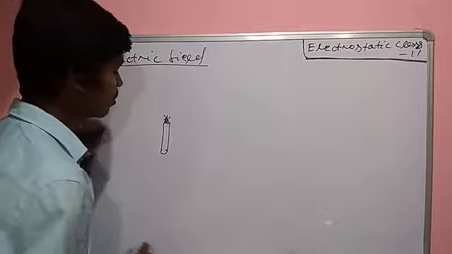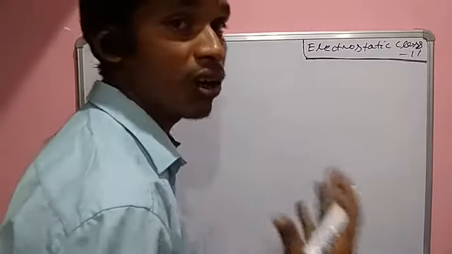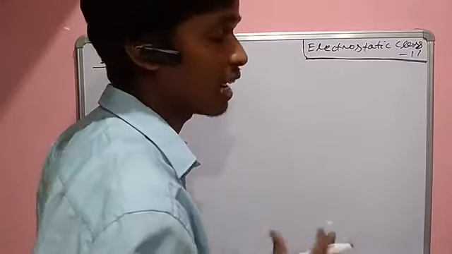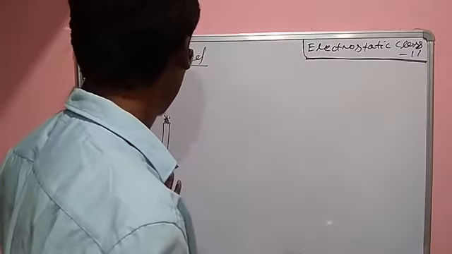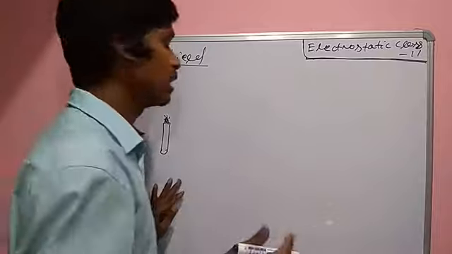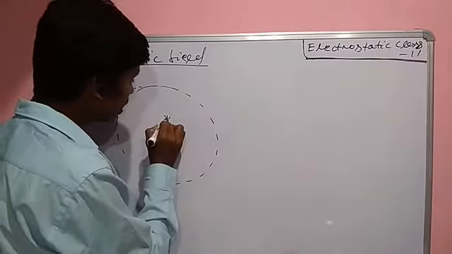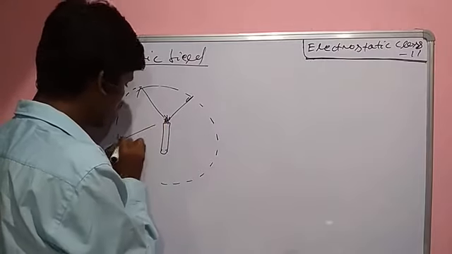Before placing of candle, this area is the darkness space or darkness field. After placing of candle, the light intensity, suppose the light intensity reaches this point, this point, this point,